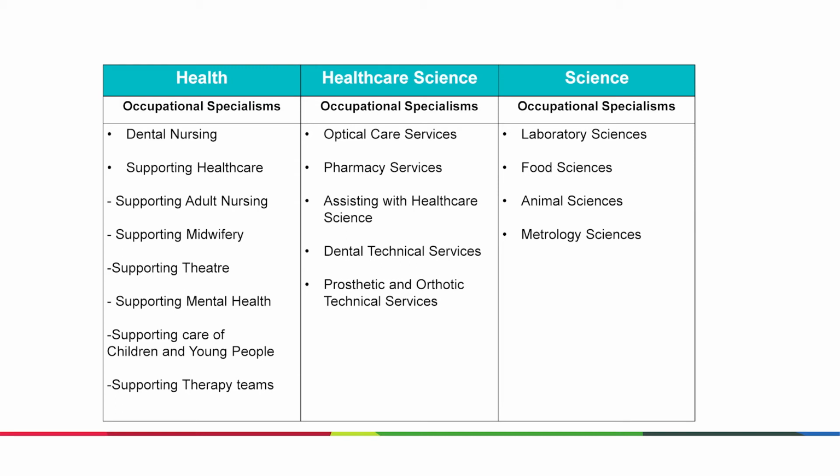What you'll see here are the three pathways that make up the core element of health and science. So that first element of what students will learn is underpinned by health and science, but then they will focus on one of the three pathways, which is either health, healthcare science or science. And then as the student progresses into the second year, this is when they focus on one of the occupational specialisms that sits within that pathway. And what you'll see here is all of the occupational specialisms that were originally outlined by the Institute for Apprenticeships and Technical Education. But what you'll see on my next slide